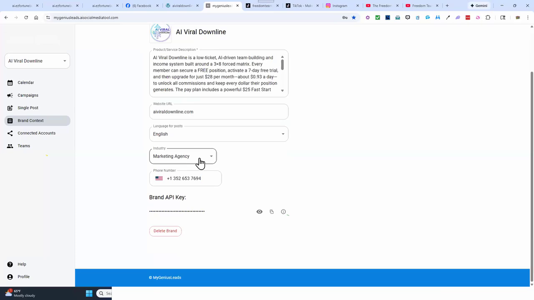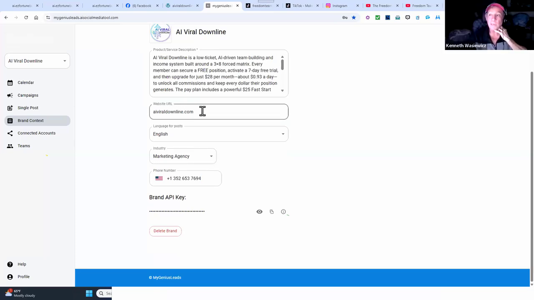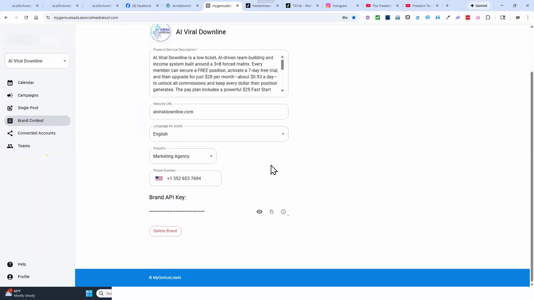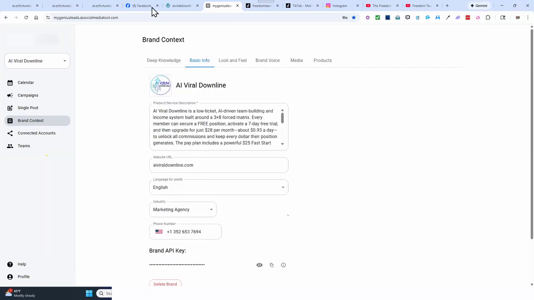So you want to put your capture page in here, or if you have a domain name, you want to forward your domain name to your capture page. Now, if you know somebody, then you want to send them your sales page because you don't really need their contact information. You already have it. Does that help? Yeah, it does.